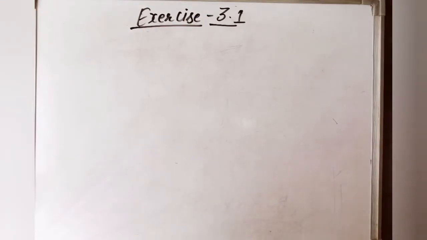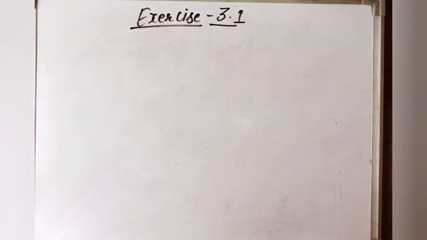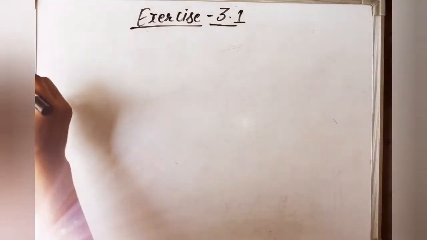Students, let's have a look at the third question. It states that if a matrix has 18 elements, what are the possible orders it can have? What if it has 5 elements? This third question is very similar to the second question. Okay, I'm doing this question as well, no problem.